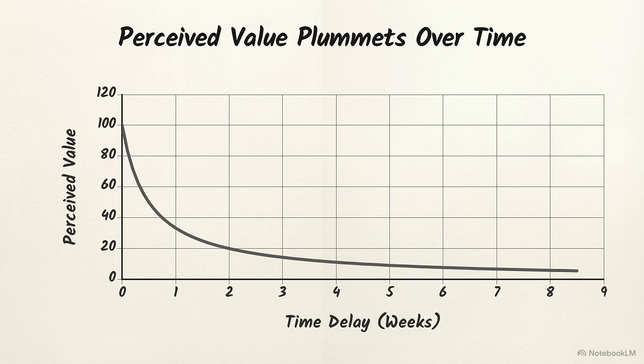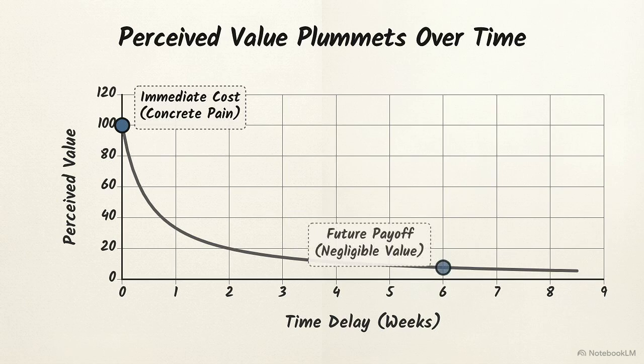Think about the prescribed exercise. The discomfort of doing a set of agonizing stretches today sits right here, at the highest point of immediate perceived impact. That pain is concrete, it is certain. The decision-making centers of the brain register it as an immediate cost that must be paid right now. Now look at the payoff. The promise of regained mobility 6 weeks from now sits out here, resting near the mathematically negligible bottom of the